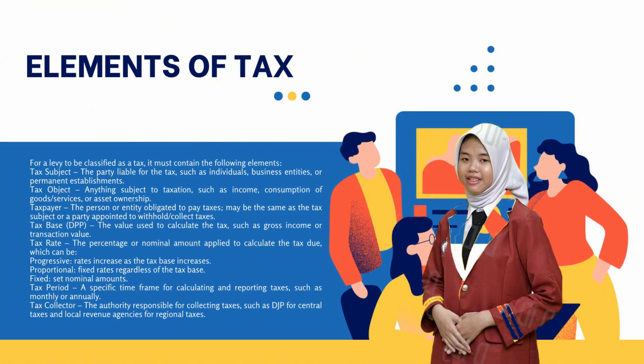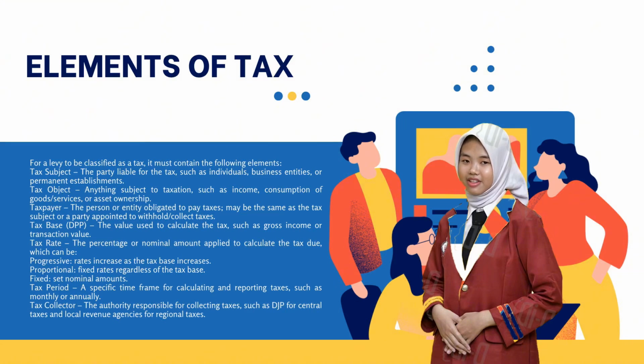3. Elements of tax. For a levy to be classified as a tax, it must contain the following elements. Tax subject: the party liable for the tax, such as individuals, business entities, or permanent establishments. Tax object: anything subject to taxation, such as income, consumption of goods/services, or asset ownership. Taxpayer: the person or entity obligated to pay taxes, may be the same as the tax subject or a party